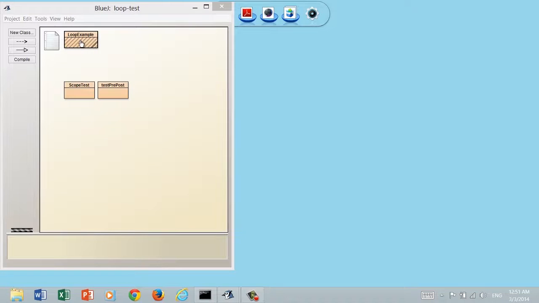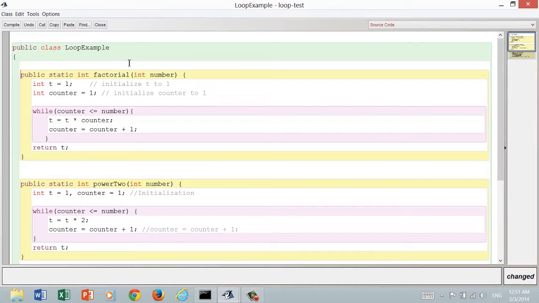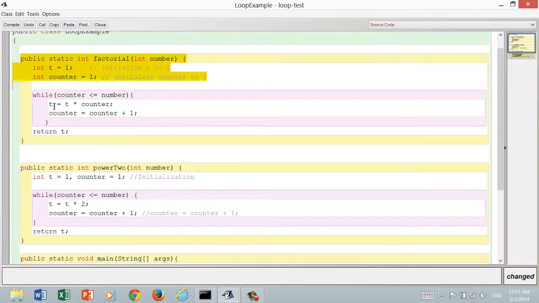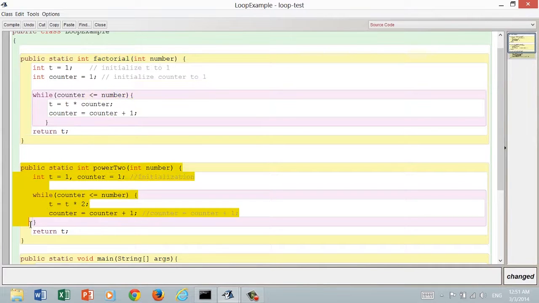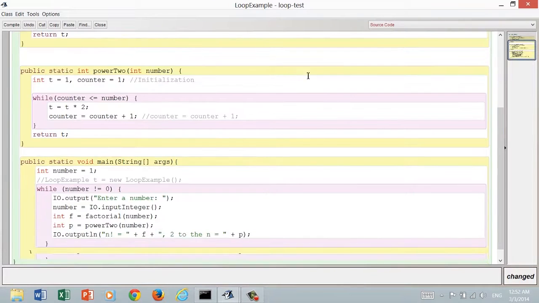Here I have loaded the two methods, factorial and power tool, that we just discussed. And you can see that these are the two methods. Let's take a look to see what would happen if we remove static here. And here I also have written the main method, which would try to make use of the two methods that